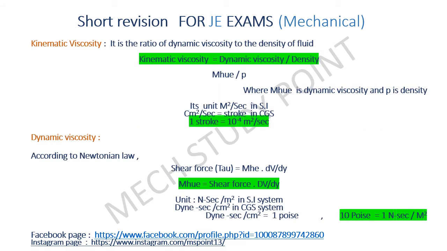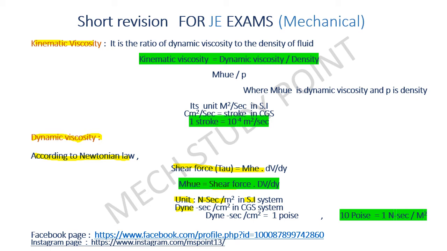Next, about dynamic and kinematic viscosity. First is the dynamic viscosity. According to Newton's law for a Newtonian fluid, the shear stress tau is equal to the dynamic viscosity into the velocity gradient. So we will calculate the dynamic viscosity from this equation. The unit of dynamic viscosity is Newton second per meter square in SI unit, and